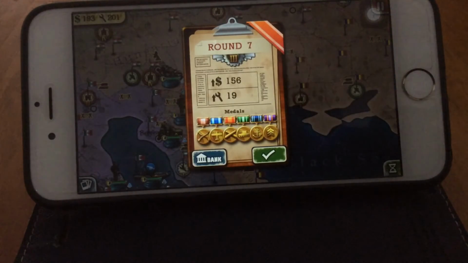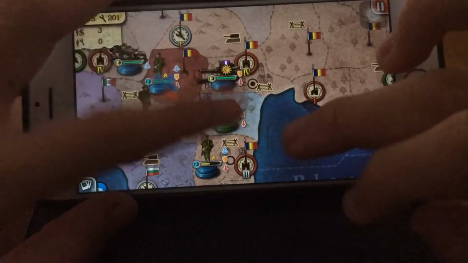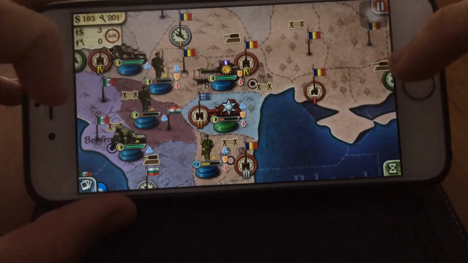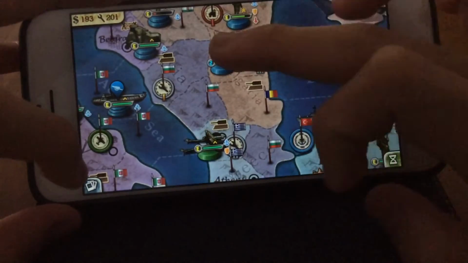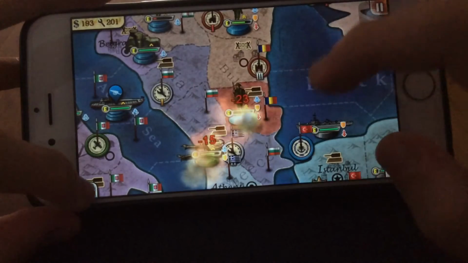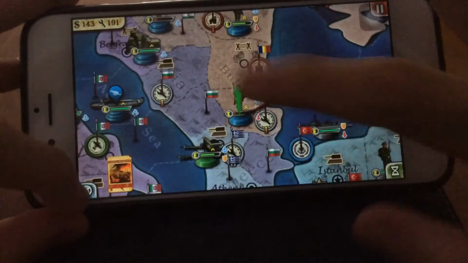Norway has no forces in Scandinavia. So okay, we will be attacking that guy. Minus 31, and that guy just leveled up, I think. Oh, this is the Hungarians. Okay, so let's finish that guy off right there. And what we will be doing is attack that guy. Minus 15. Okay, let's take out the...